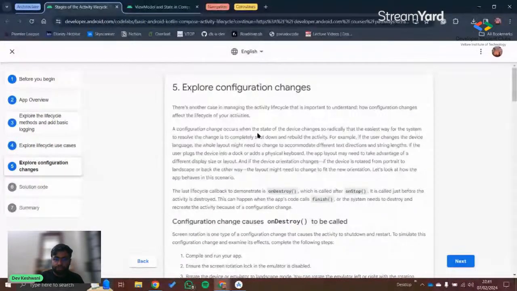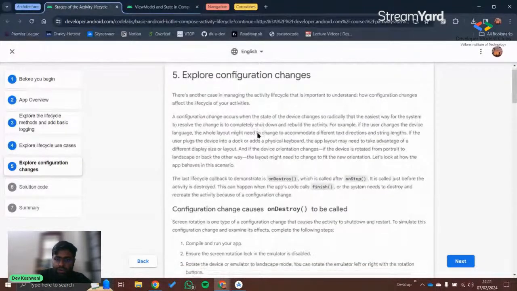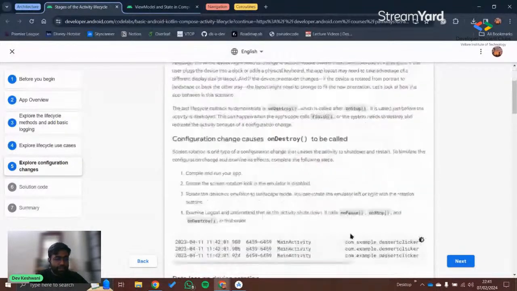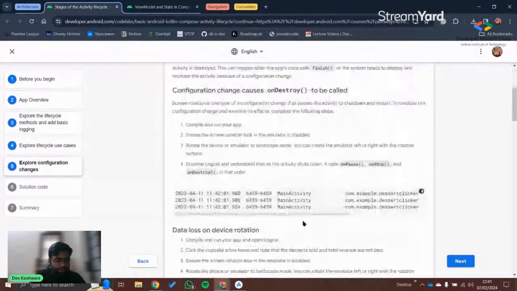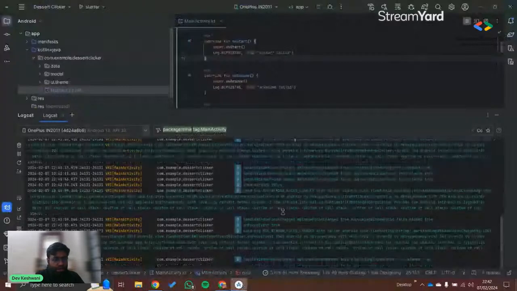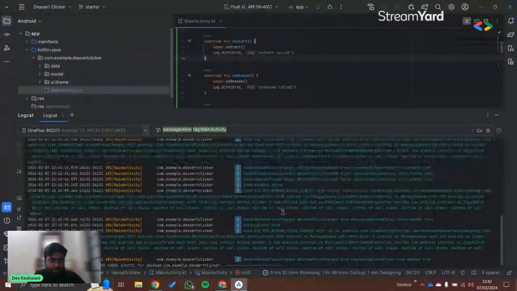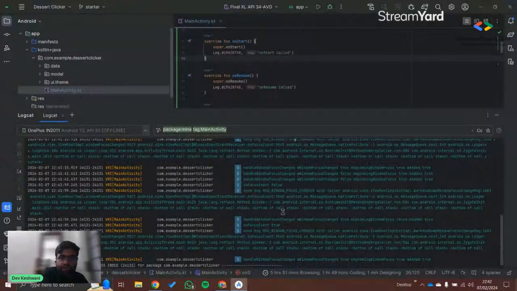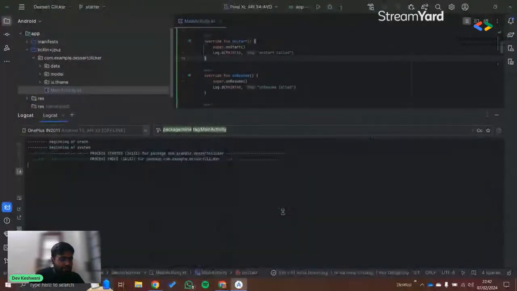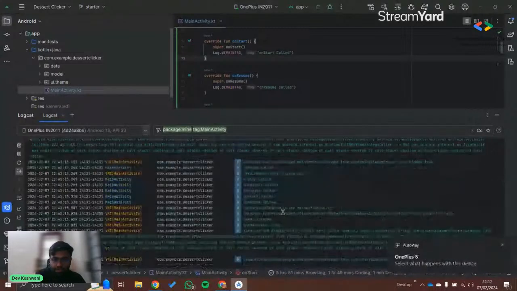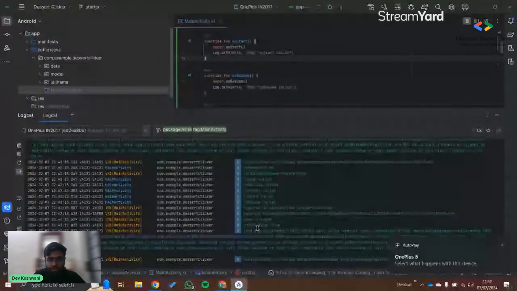I told you onDestroy calls itself. So when does onDestroy call itself? In an app, if you switch the auto rotate mode, I'll go back to my Android Logcat and turn off my auto rotate. Wait, it got disconnected. I'll reconnect. Okay, it got reconnected. Now you can see. If I try to rotate my app,